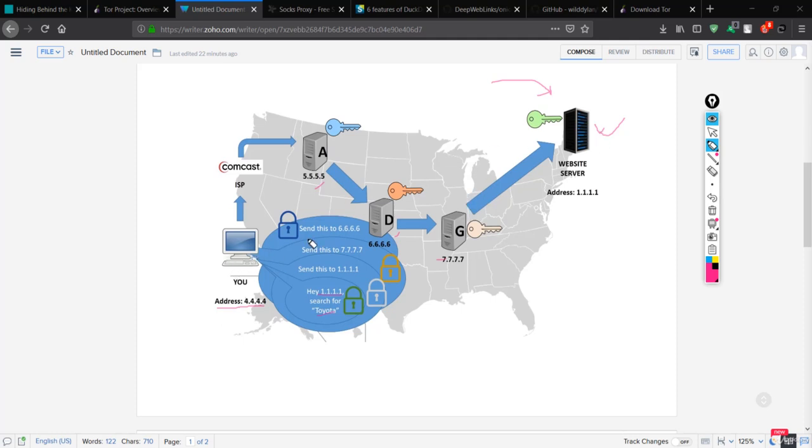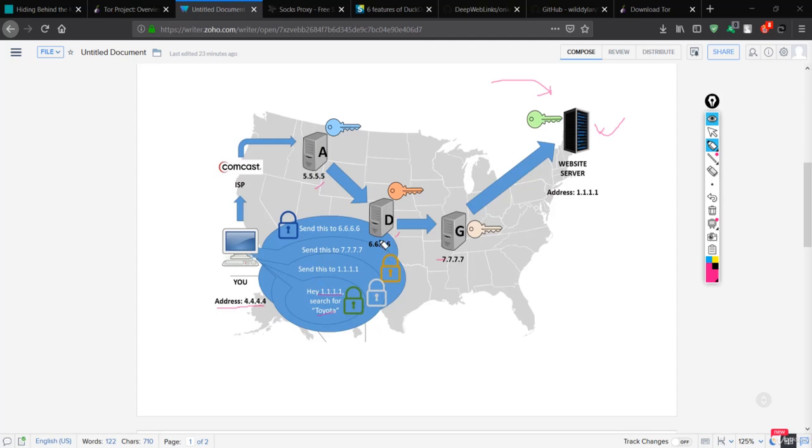That means this is not secure. So let's see how onion routing makes this data encrypted. That means our connection or the network will be more secure than before. So first of all, you will have the information that is saying, hey, I want this data. So this will go through this server, so the data will be encrypted first.